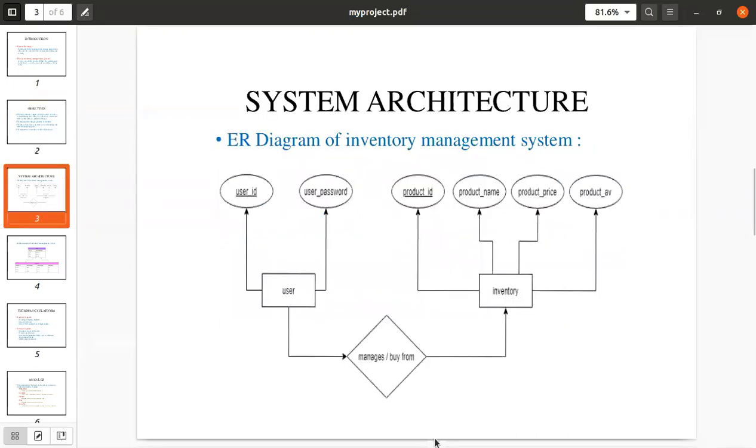So this is the ER diagram of the inventory management system. It is not too big. There are only two relations available, the user and the inventory. The user relation has two attributes, the user ID and its password.